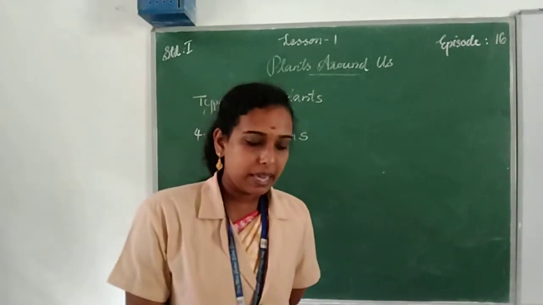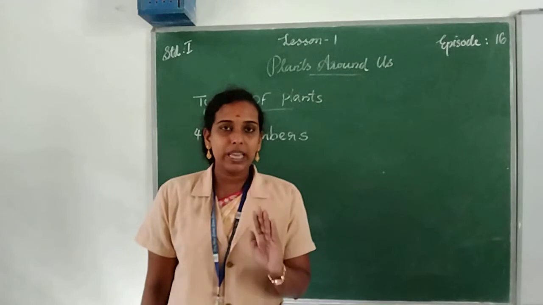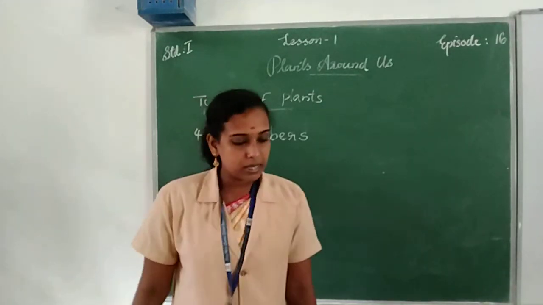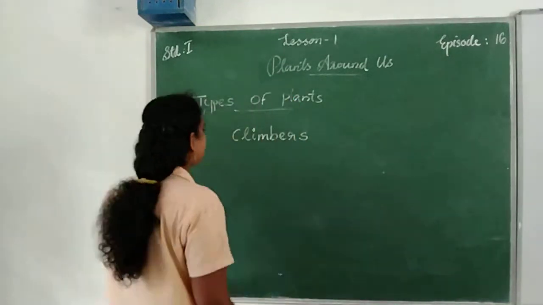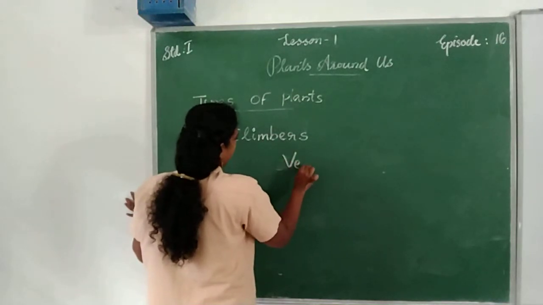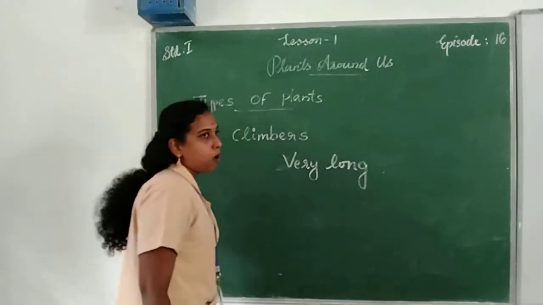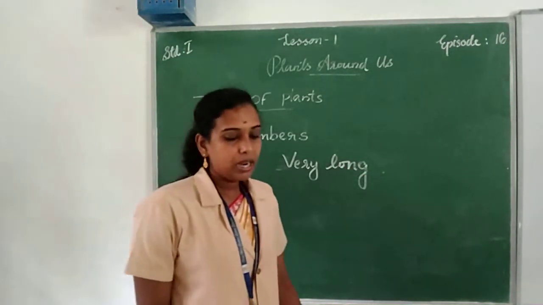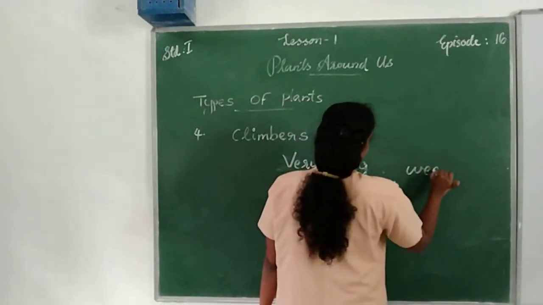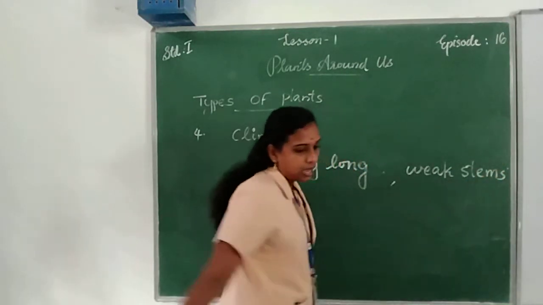So climbers means some plants are very long but have weak stems. Plants that are very long with weak stems are called climbers. The stem is very long but very weak. Such types of plants are called